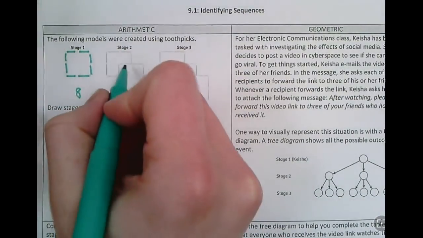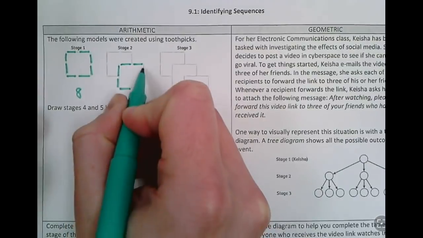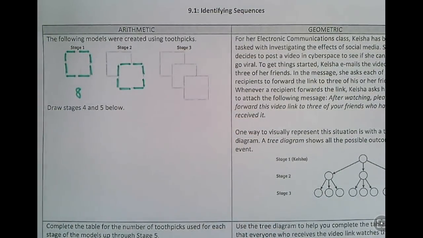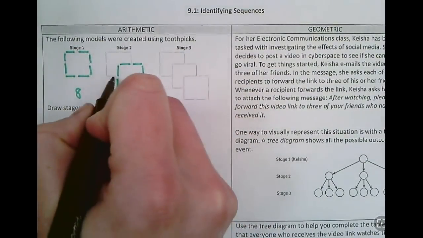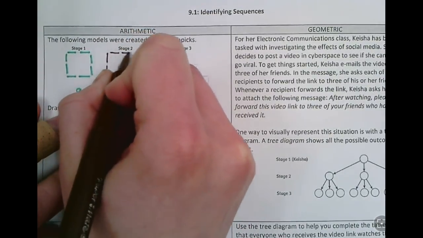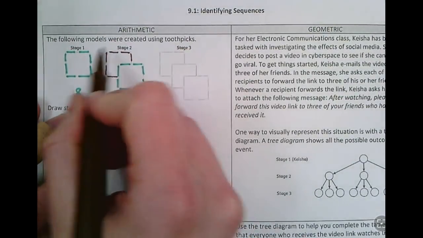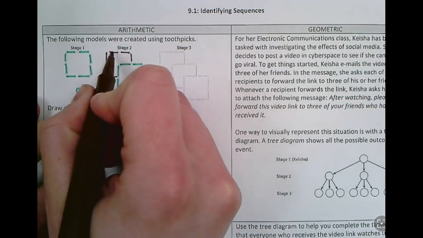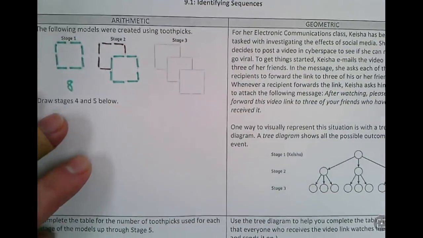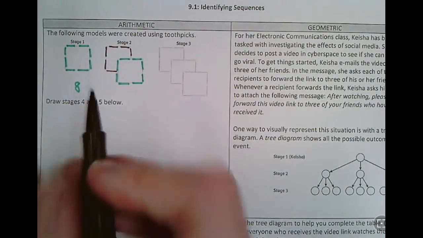Stage 2, if you notice here, is the original 8 toothpicks laid down. But in stage 2, we add some more toothpicks to it, kind of making a layer behind it, not including that corner right there. So we have an extra 1, 2, 3, 4, 5, 6 added to this. So on stage 2, we have 14 toothpicks now